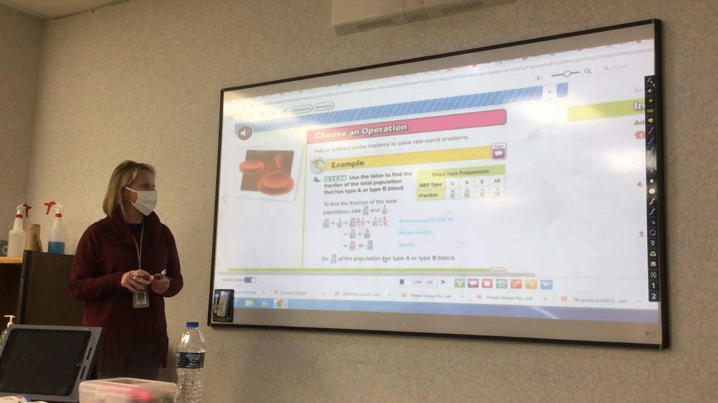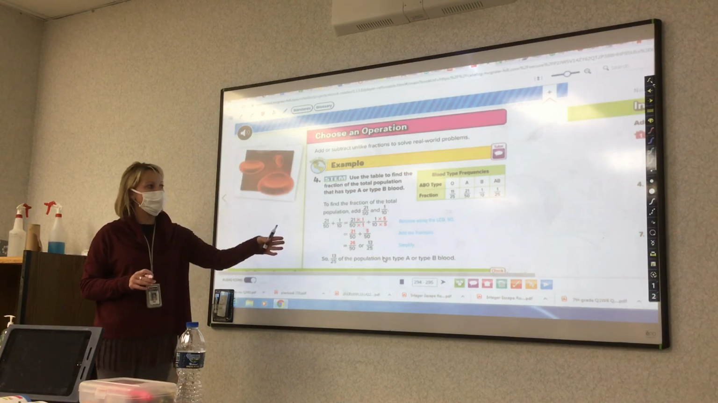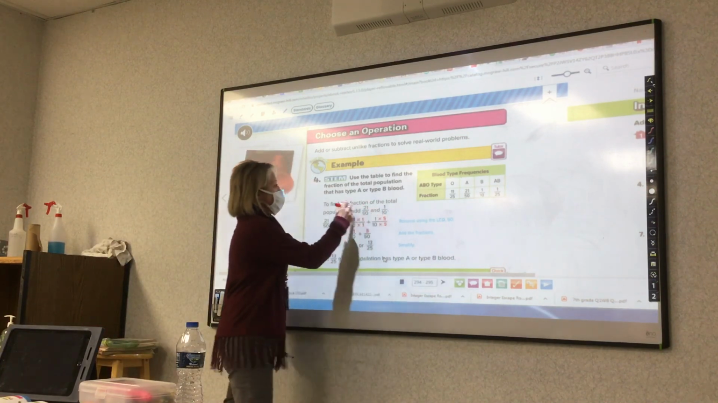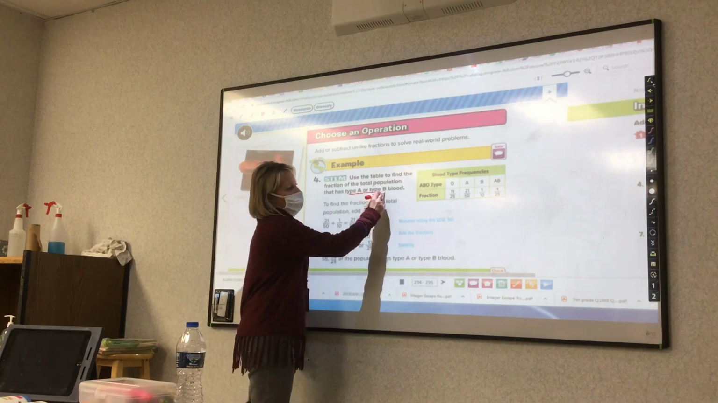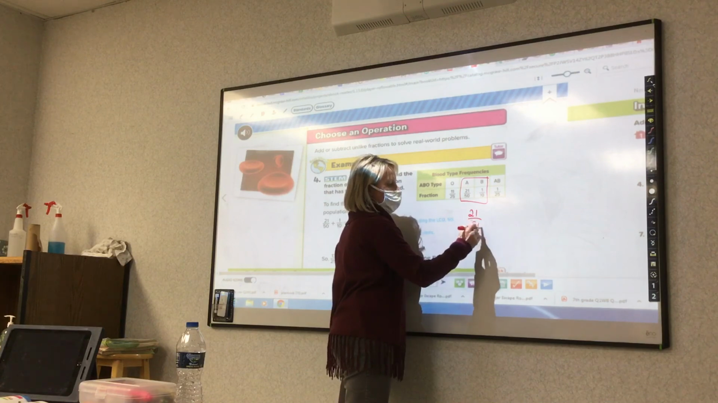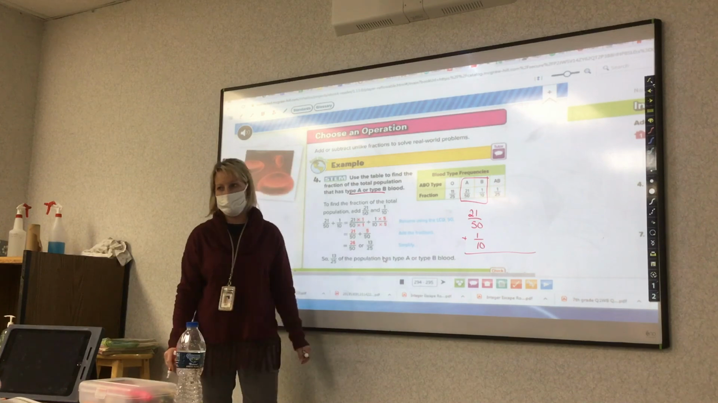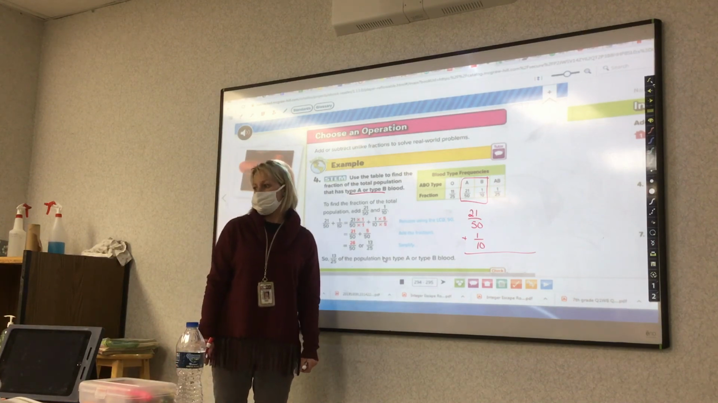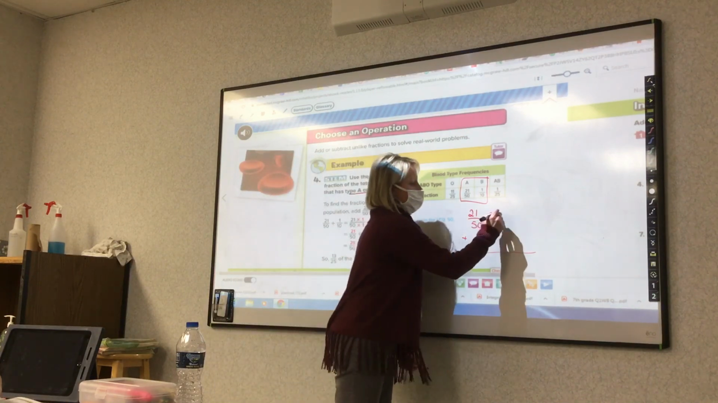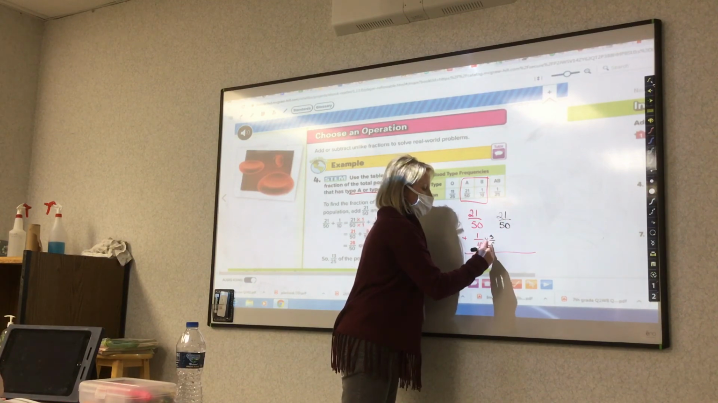Use the table to find the fraction of the total population that has type A or type B blood. Do I need to know the fraction of O or AB blood? Nope. And because it says that has type A or B, that means I'm combining these two. You write it up and down. 21/50 plus 1/10. They did not write it up and down, so you need to write it up and down. Then we need to find a common denominator, which would be 50, so I just rewrite 21/50. Take this times 5 over 5, and I get